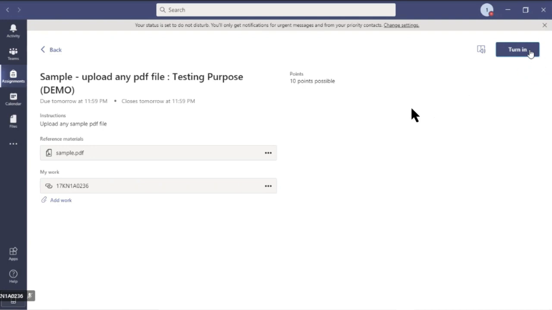Okay, so since we have uploaded it, you can make sure it is uploaded and then click on turn in. So you got an emoji confirmation that you have submitted. The turned in date and time are appearing here, and this indicates that you have turned in. Just check the due date, and before the due date, you can undo and turn in once again if it is needed. Okay, and once the faculty returns the points, the score will be given to you at this location.